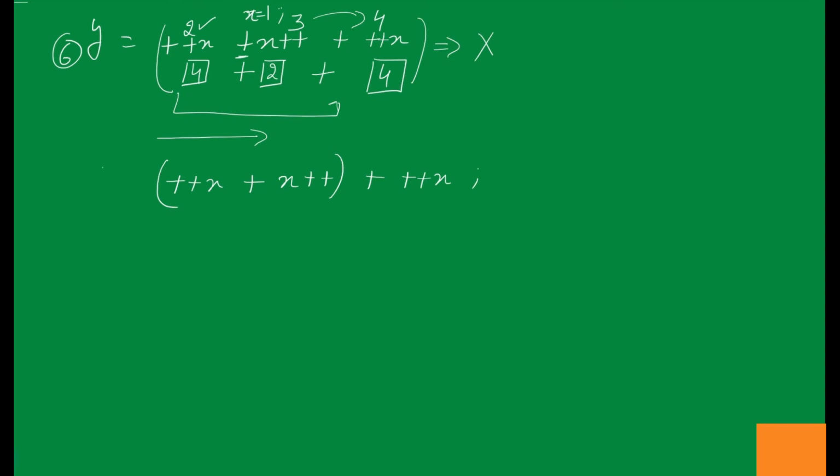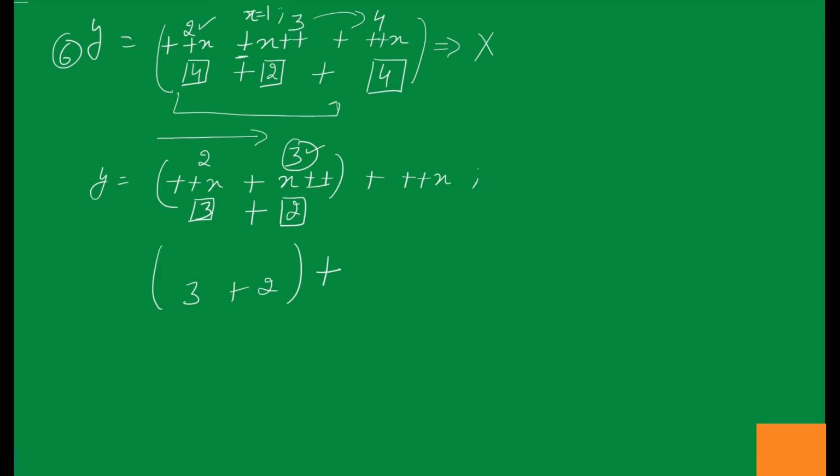Now according to this rule, if the x value is 1, here we are going to increment. After the increment it becomes 2. We will assign it later, so we make a box. Then what is the value in this? This is 2, and now we increment it, it becomes 3. Now what do you have to assign? You have to assign the value of x. The value of x is 3 here, so we assign 3. So from here we will get 3 plus 2, and the current value of x is 3 only, right? What is left is ++x.